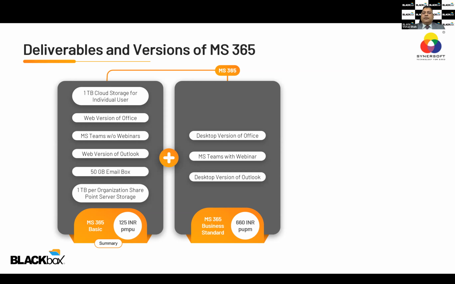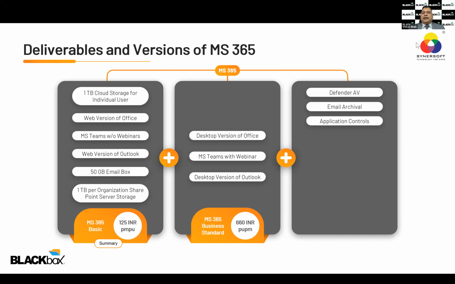Then for a slightly larger organization, let's say one organization has grown beyond 25 users, they will require an antivirus. They will require email archival also, because a 50 GB mailbox may not be enough for all the users individually. They require Microsoft's Active Directory kind of policy servers, where applications can be controlled. So they can control the user's computer system so that they can use specific applications only.